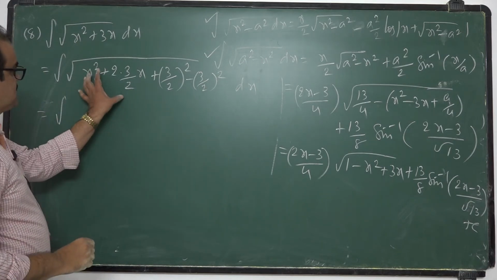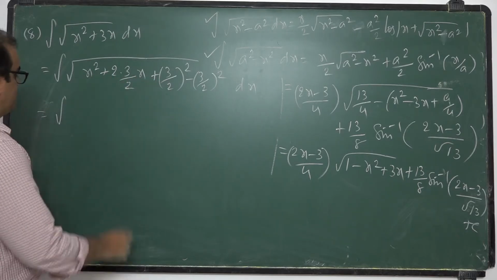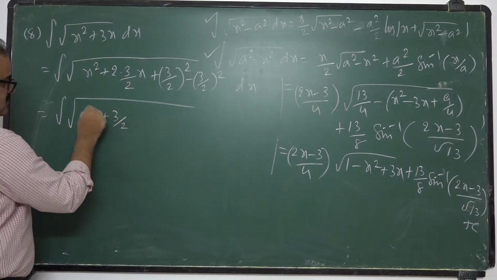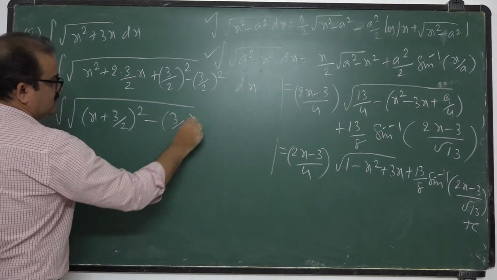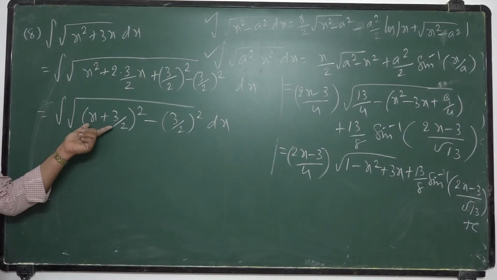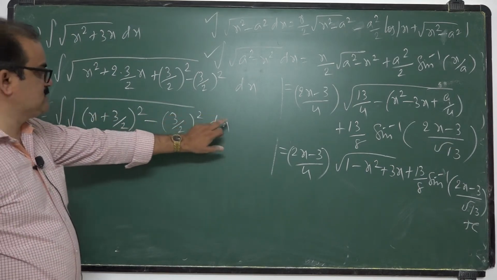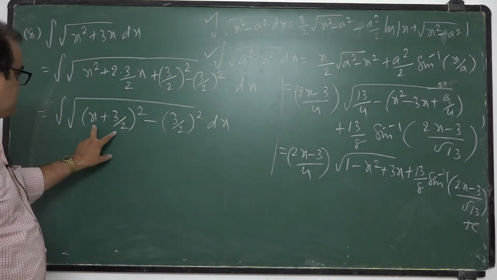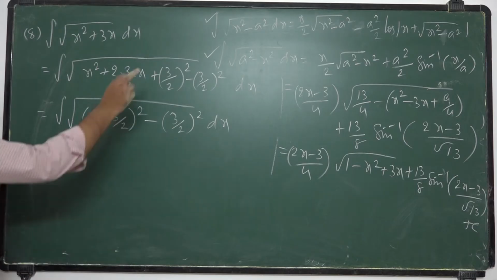See here, the first 3 terms are in the form of a square plus 2ab plus b square, that is a plus b whole square, x plus 3 by 2 whole square minus 3 by 2 whole square into dx. Now this problem is in the form of integral root of x square minus a square into dx. You apply this formula. In place of x, x plus 3 by 2. In place of a, 3 by 2. Substitute